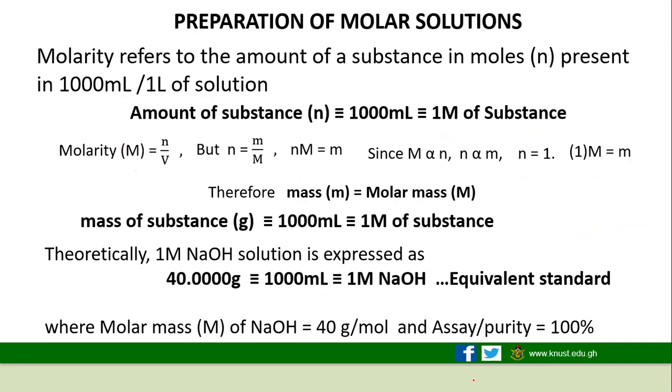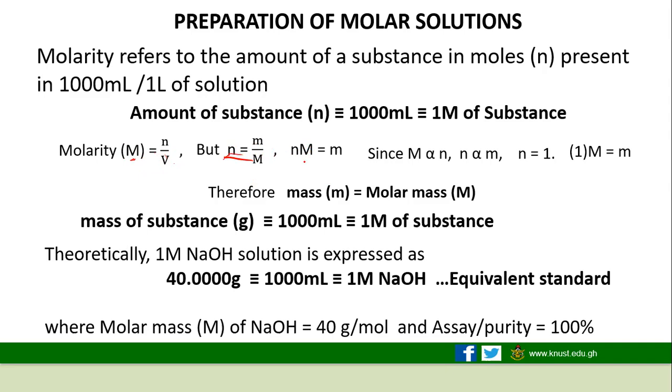Now we know that molarity is moles in volume, so C is equal to n over V. Very simple. Molarity M is equal to n over V. But then we know mole is also equal to m over capital M, mass over molar mass. And then by change of subject, you would know that if you multiply this by the